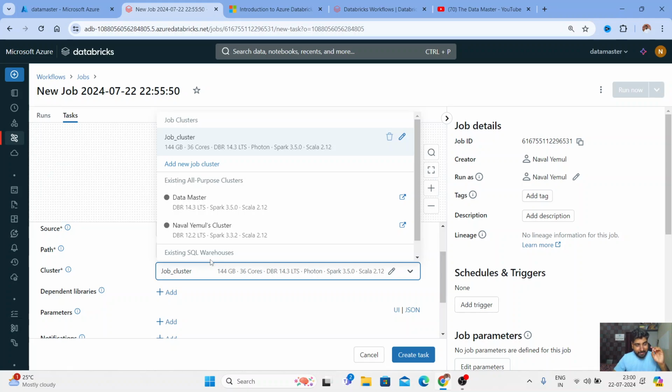This is amazing. This is recently launched. You can use your serverless for your workflows also, or you can go and create your own job. If you are testing it, if you are developing it, go for an existing all purpose cluster, because it's already up and running. In my case, I have not started it, but if it is already running, just pick up the existing all purpose cluster,